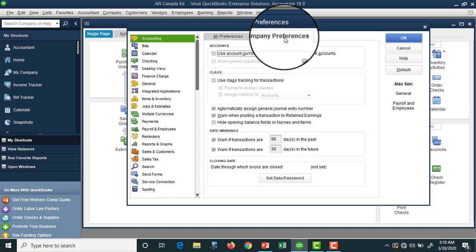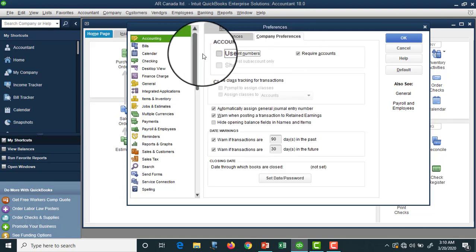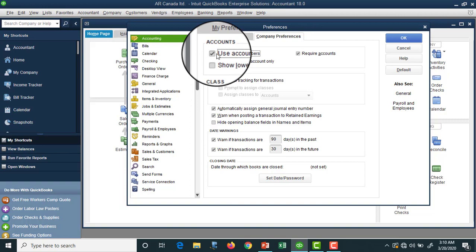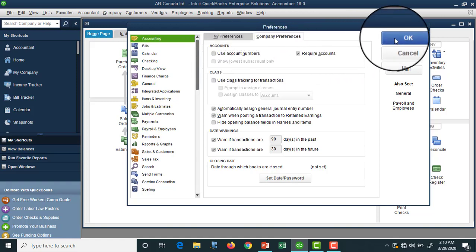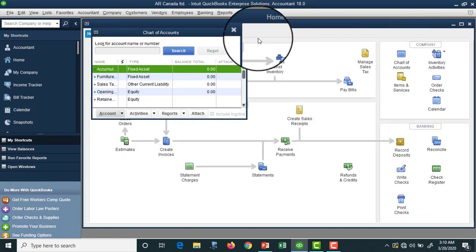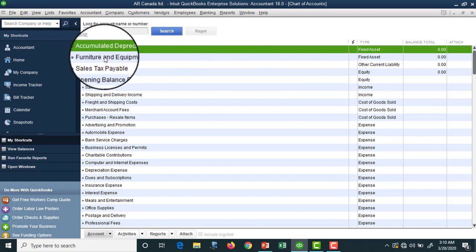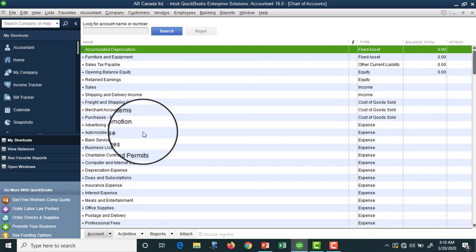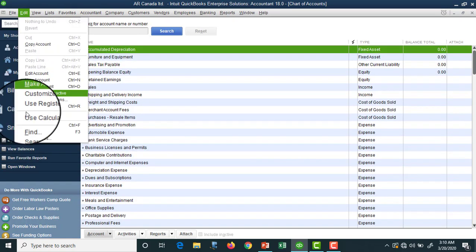In company preferences, there are a few things. For example, use account numbers. As I told you, QuickBooks actually generated a chart of accounts for you, and this option is whether you want to put an account number on that chart of accounts or not. I'll show you how it actually works. For example, if I unclick it and go to chart of accounts, you can see we have a chart of accounts ready. But if I go to preferences